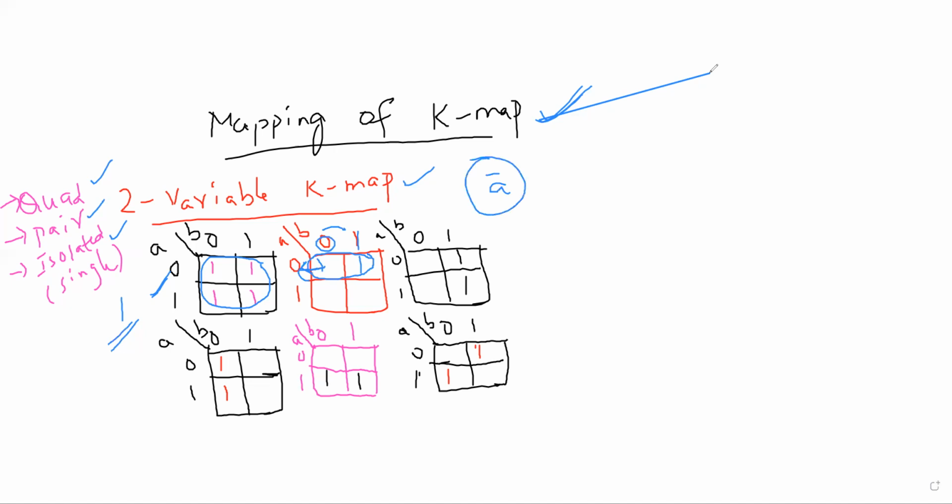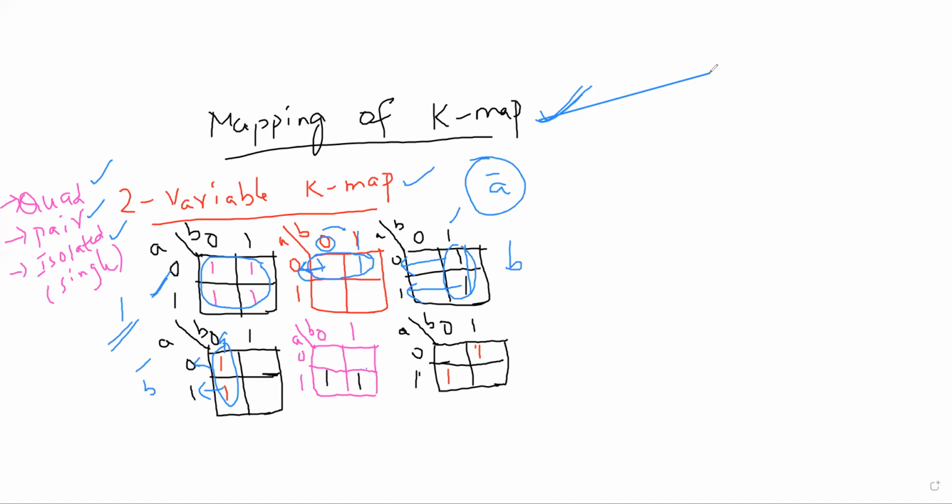Now if you observe this one, once again we are having a pair here. Here there is a change, here there is 1, therefore there is no constant. But if you observe the column here, we are having 1 with respect to b, therefore the answer is b. Similarly, if you observe this one, once again it is changing from 0 to 1, therefore we should not consider it. Then the output we have to consider is 0, that means it is b bar.